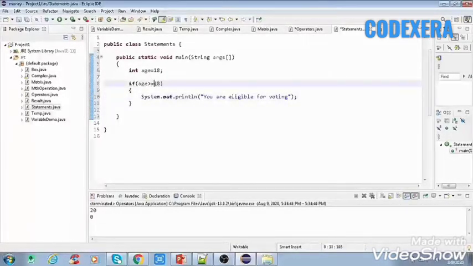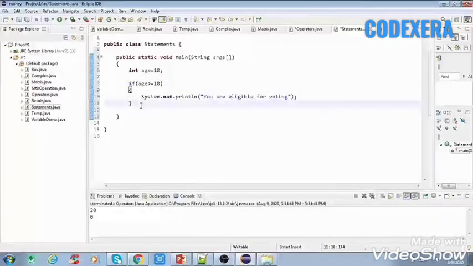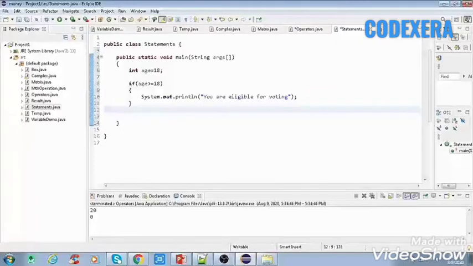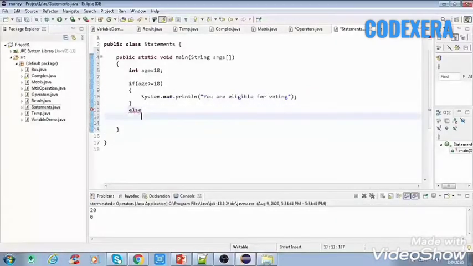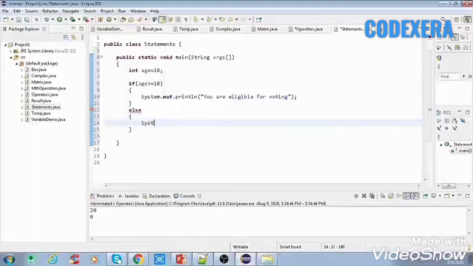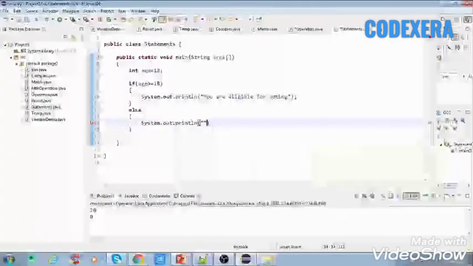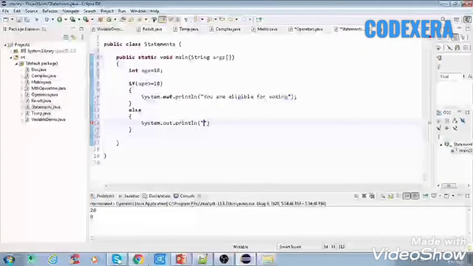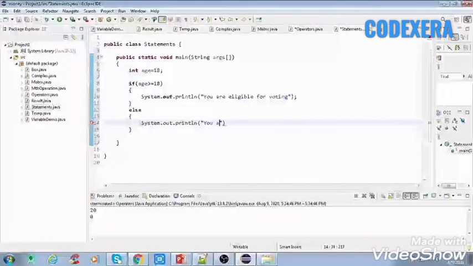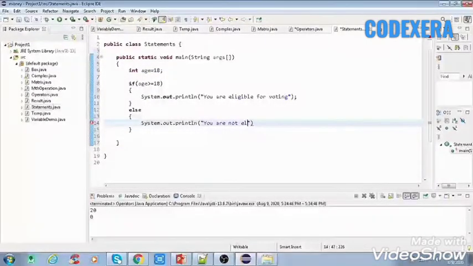We write it like this because if the age is 18, it will also print that he is eligible. Otherwise, else System.out.println, you are not eligible for voting.